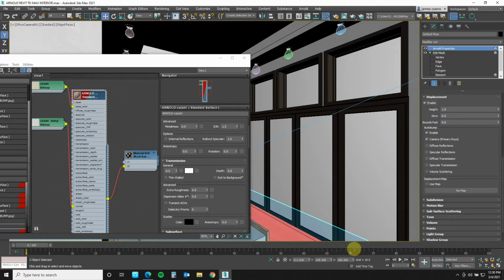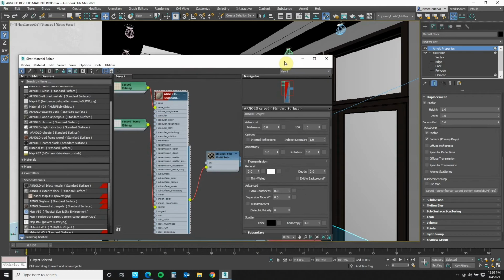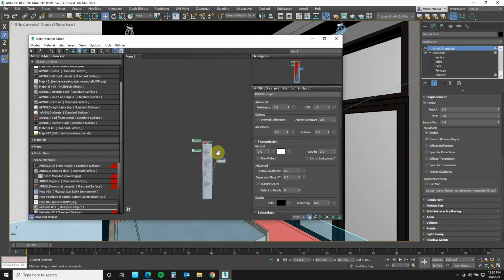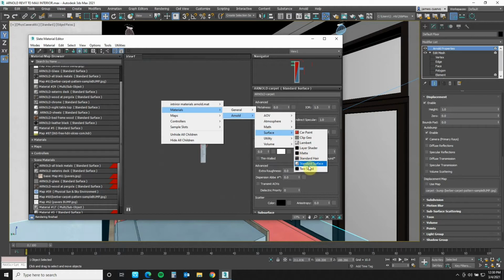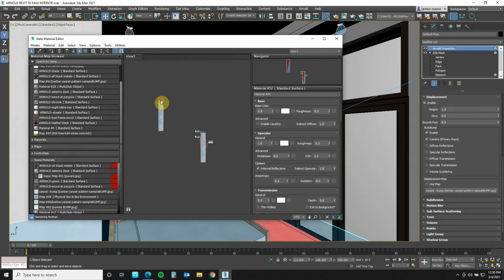bitmap here, that is the bump map, and I need to attach it to here. So I do that by just grabbing it with the left mouse button here and bringing it to here and instance and OK. So now this bump map has been assigned to this carpet right here. Okay, and so what we'll do is we'll go ahead and now create our concrete by saying right click here, materials again, Arnold, surface, standard surface. Okay, we'll select that and we'll call this one